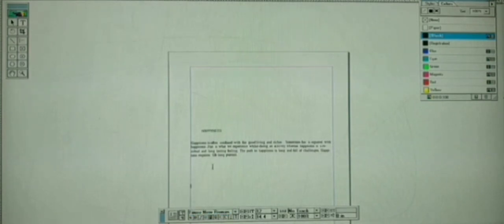Automatically it is changed to Arial. Just click it here. So the font is displaying as Arial for you. Then you have to change the font size to 18. Select it again.